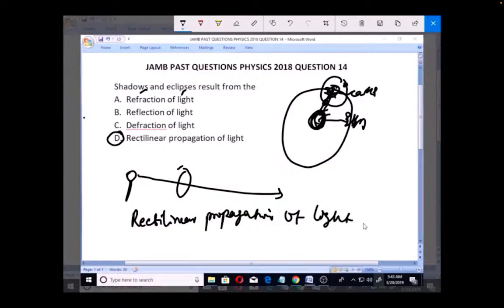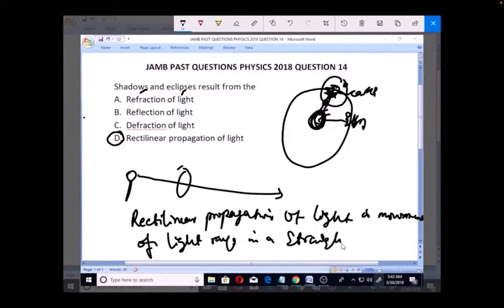So rectilinear propagation of light is the movement of light rays in a straight line. That is what rectilinear propagation is. And this rectilinear propagation of light causes so many things, not just the shadows and the eclipse. It is the cause of, number one,